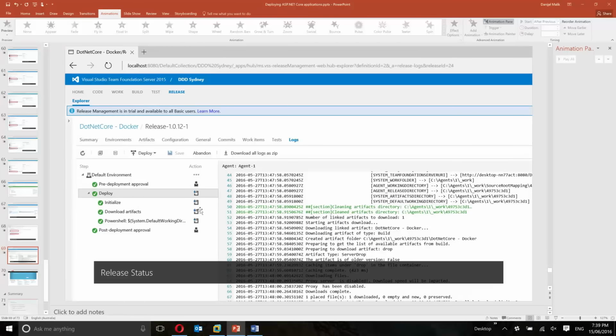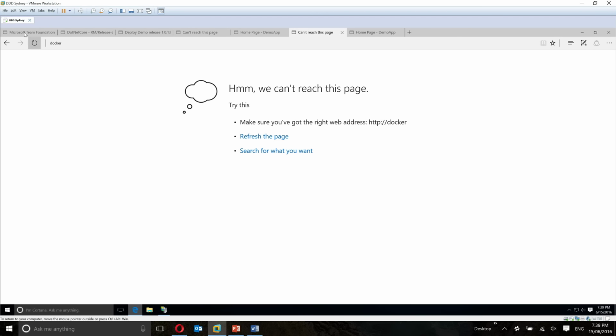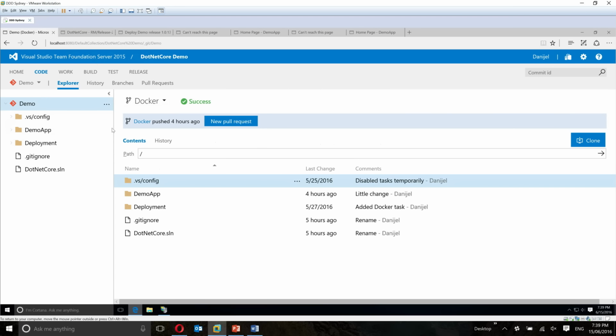So let me show you this live. Okay. So here's my Docker. As you can see, there's nothing running on it. So it's going to come back with the same page. I'm going to leave it there for a while. But what I'm going to do is make a change here. That's one of the nicest features in VSTS. You don't have to go to Visual Studio. You can code from the browser. So this is my Docker, and let me go to Demo App,